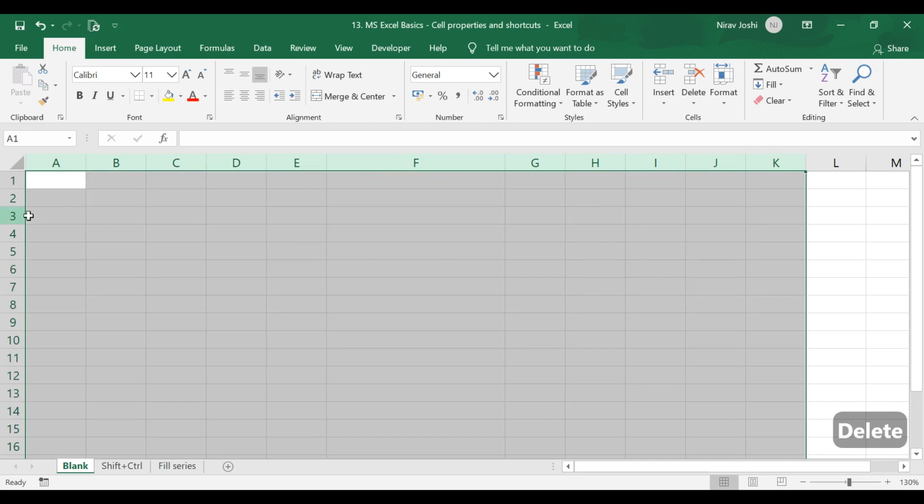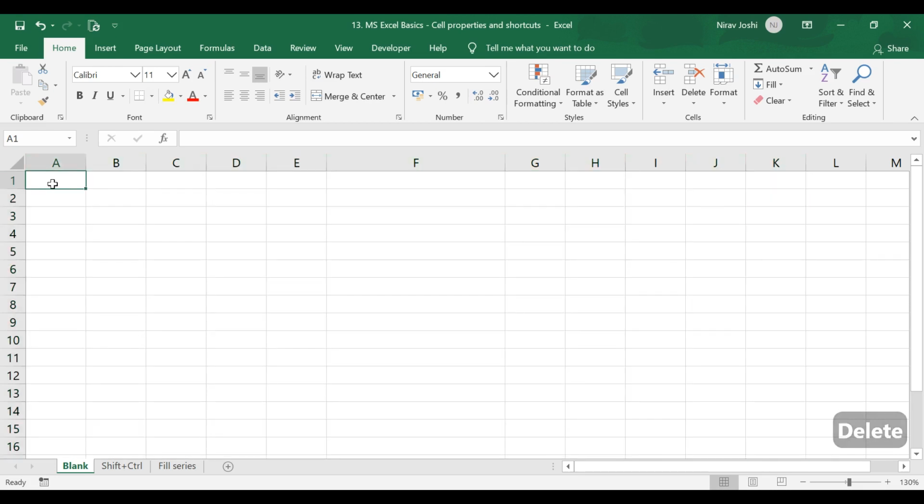Now we'll discuss how we can move around in a sheet by cell or change the view of the available sheet. Simply, we can move left, right, up and down by the arrow keys available on the keyboard.